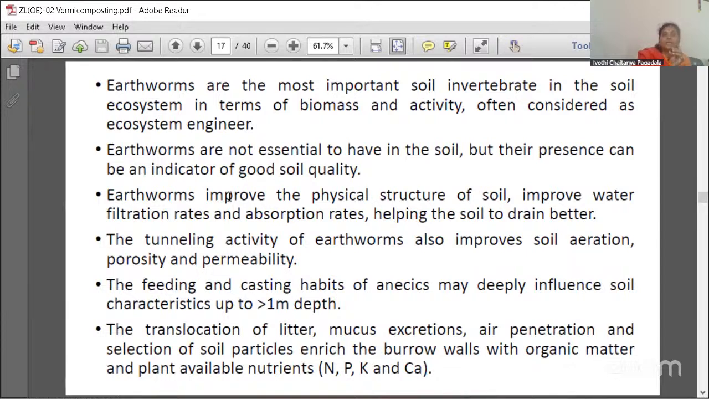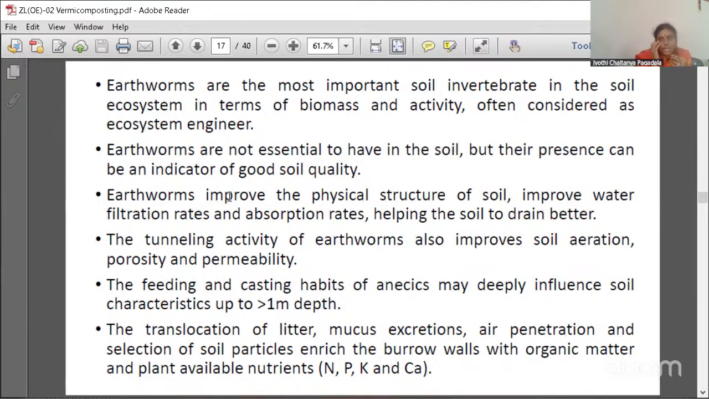Earthworms are not essential to have in the soil, but their presence can be a good indicator of good soil quality, so we can consider earthworms the farmers' friends. If the earthworms are more in the soil, that indicates the soil is in good condition. Earthworms